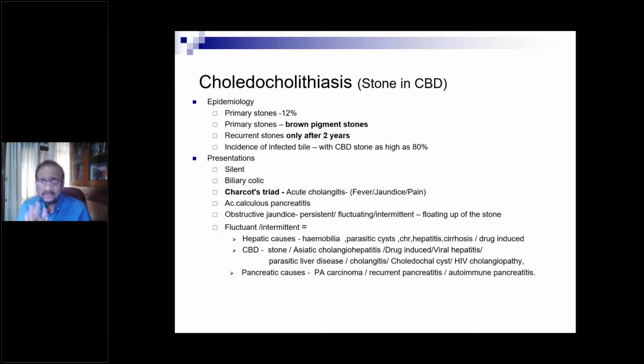So primary stones are found only in 12% of cases, and these are usually brown pigment stones. If you remember the lecture before last about these stones and the cause of stones, we talked about the pigment stones, and the black pigment stones are primarily in the gallbladder, and the brown pigment stones are primarily in the CBD. Recurrent stones, if you find a CBD stone after cholecystectomy,